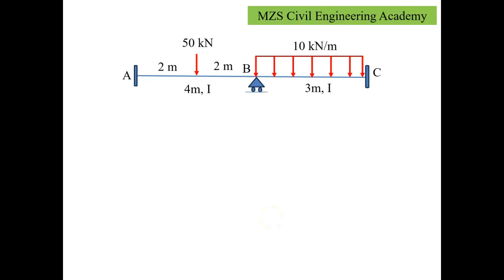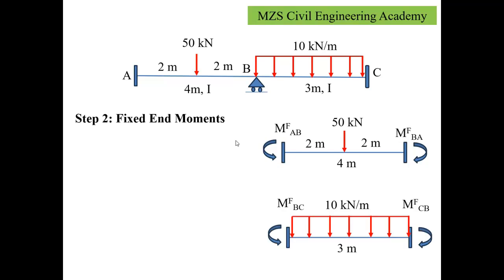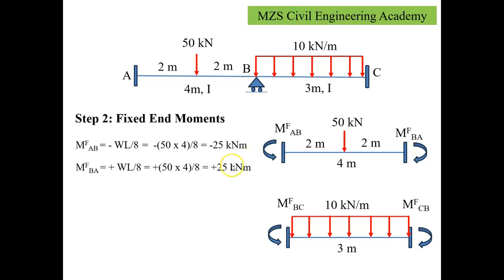Let's move towards step number 2, finding the fixed end moments. For finding fixed end moments, we'll assume all joints are locked and divide this beam into two parts, A to B and B to C. A to B is a standard case of a fixed beam subjected to a point load at mid span. So we can find the moment at the ends: MFAB equals minus WL by 8. Substituting the values, 50 into 4 divided by 8, we get a magnitude of minus 25 kilonewton meter. Similarly, at end B,